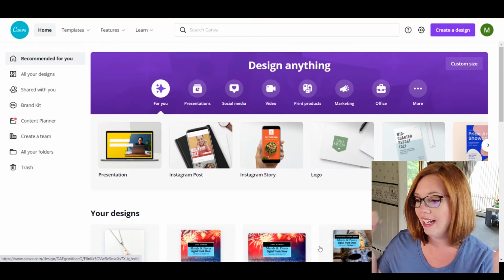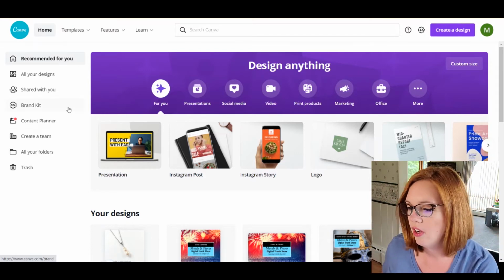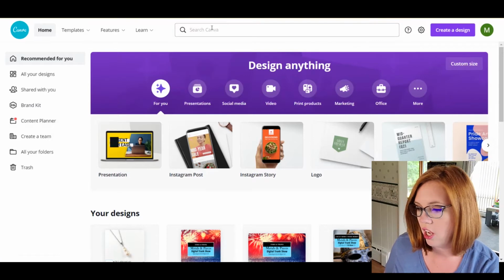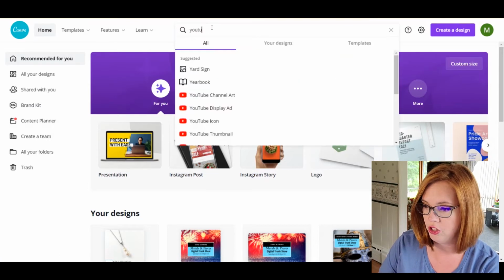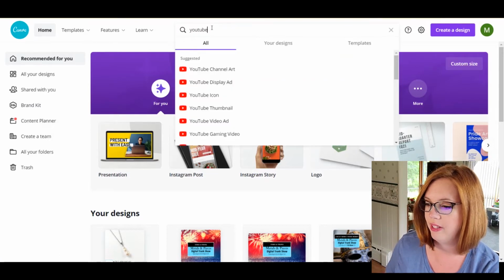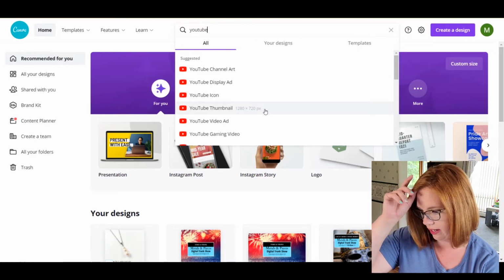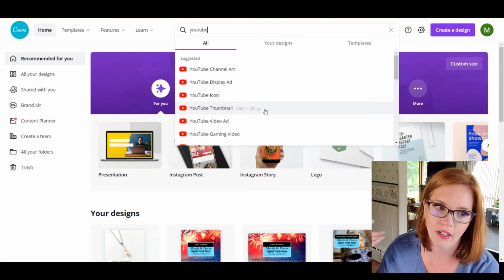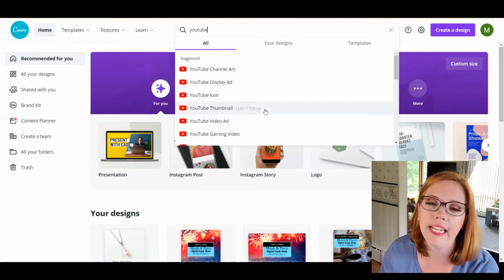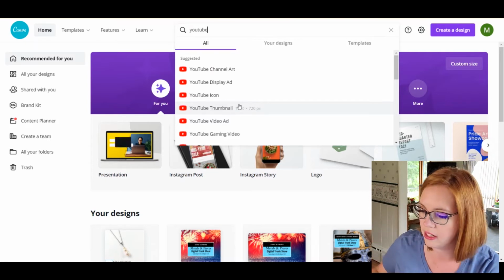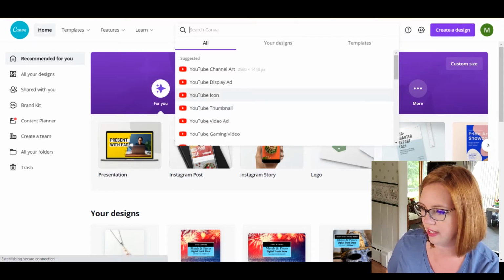So now we are in Canva, and for Canva, you can just type in the search YouTube thumbnail, and it'll come up with the size, which is 1280 by 720. A lot of people do them at 1920 by 1080. Any of that in that ratio works. Now, if you click on that, you will get,